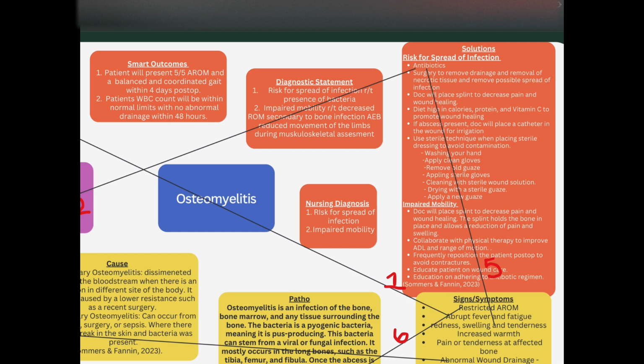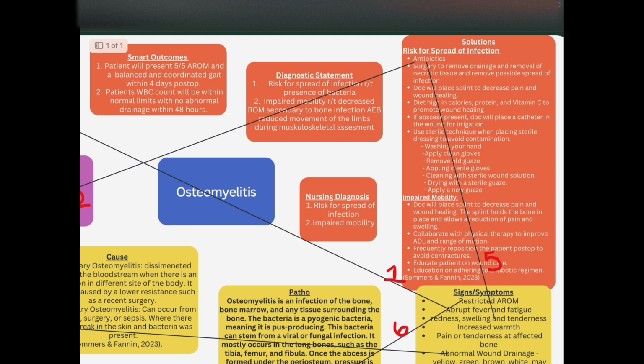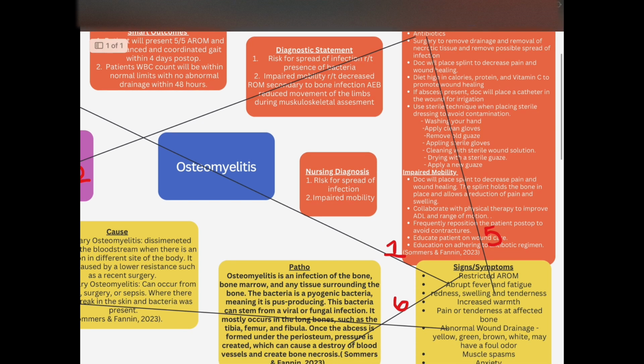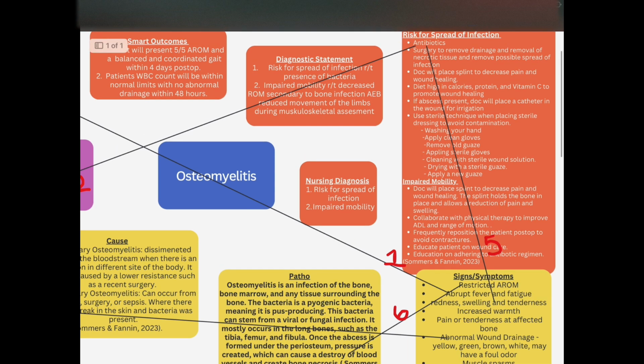So, you should be collaborating with them as soon as possible to let them know that there is decreased range of motion. We, of course, want to frequently reposition the patient post-op to avoid contractures. We should be repositioning the patient every 2 hours anyway, but it's very, very important because the patient is post-op and we just want to reduce any further